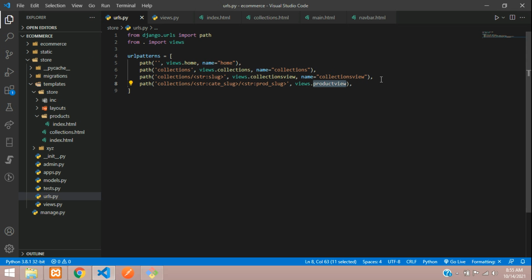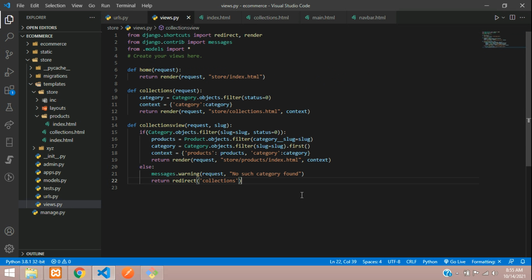So we'll create a function with this thing and give a name to this slug, product view. So go to your views file and create a function,